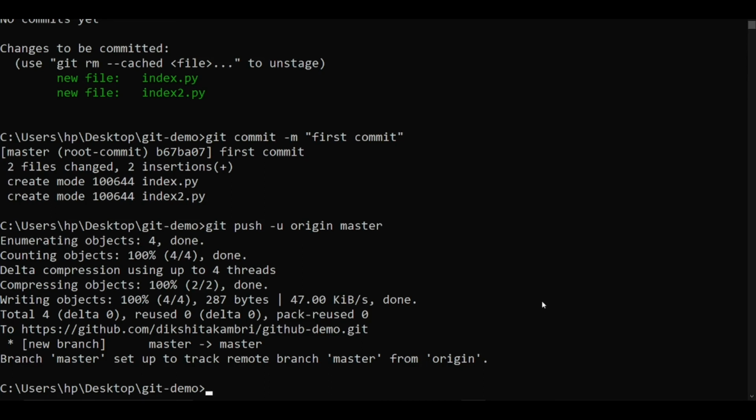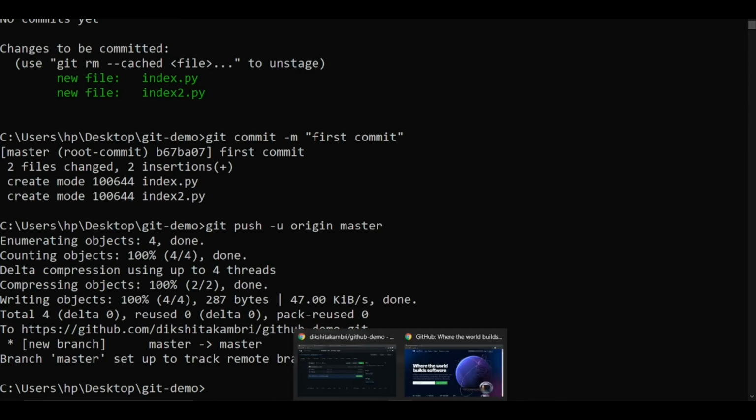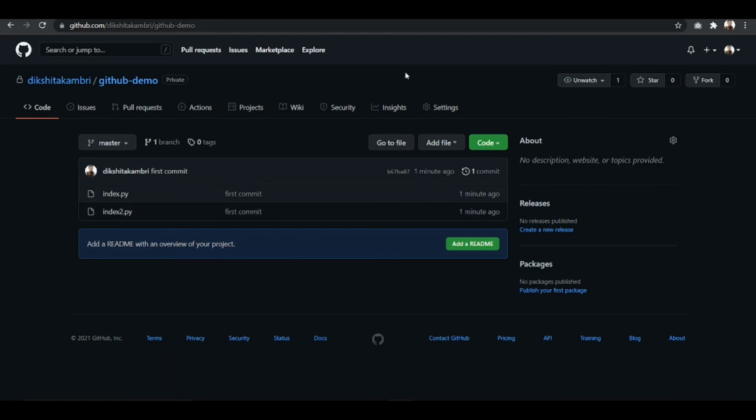I'm going to show you two more commands of git, the first being git clone. The git clone command is used to clone a repository, or in other words to download a repository. Let's say your local repository gets deleted by mistake and you want to download your work again to your system.